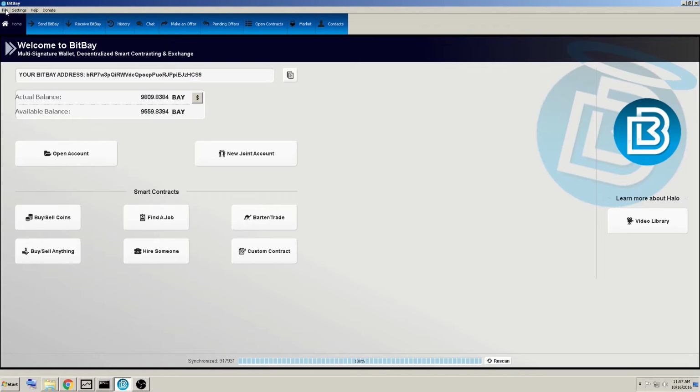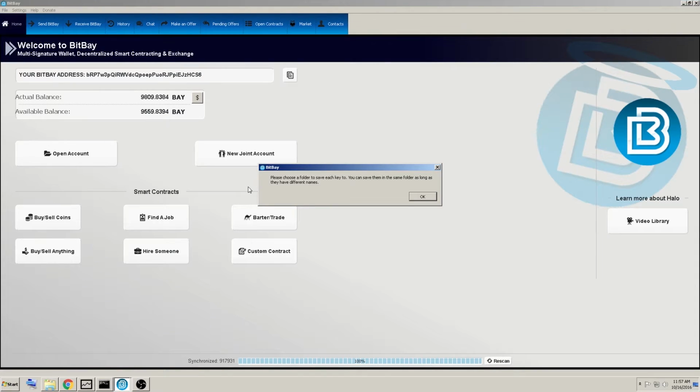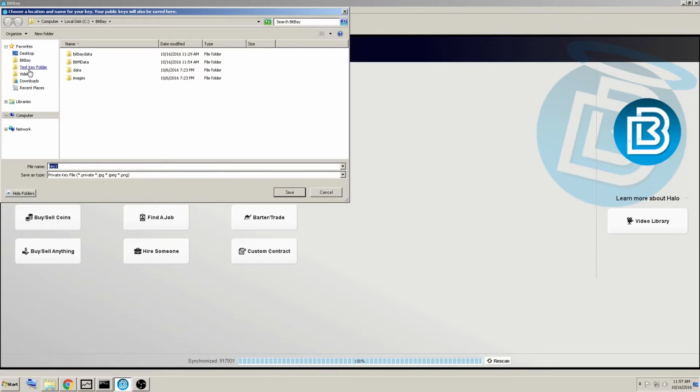With your client open, simply click on the File tab at the top left of the screen, and you can click on Backup Wallet from the drop-down menu. And it asks you to choose a folder to save each key to. We don't recommend saving them in the same location, but for this example, I'm going to do just that to speed things up. I'll save it to the first backup location folder here,